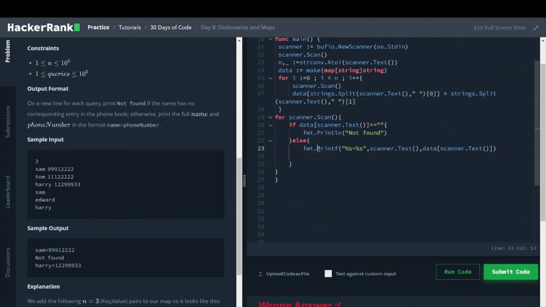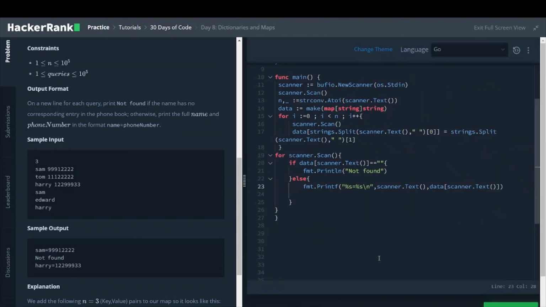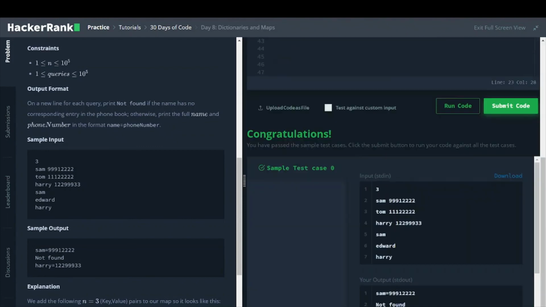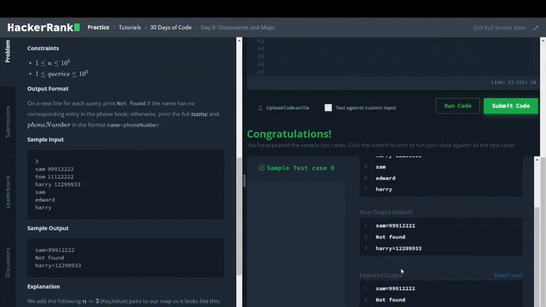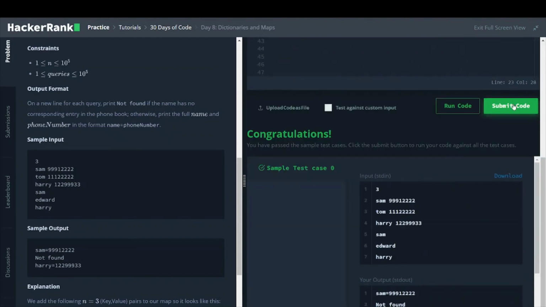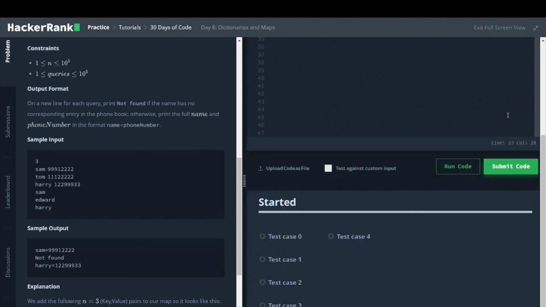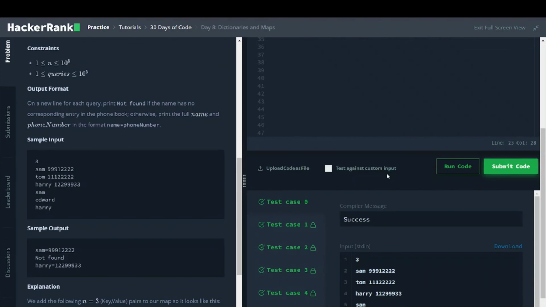Here we are using printf, so it will not print on a new line. It will continue on the existing line. So I'm adding the new line here. Let's run the code. Yeah, this is successful now. Let's submit the code. Yes, this is also